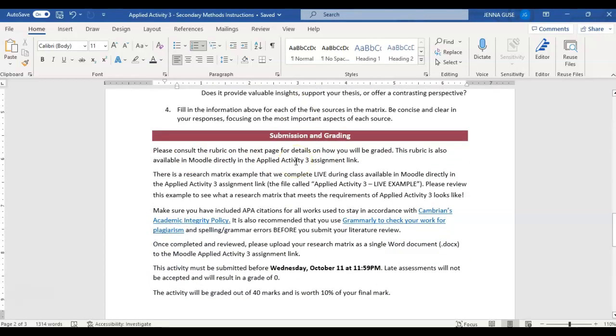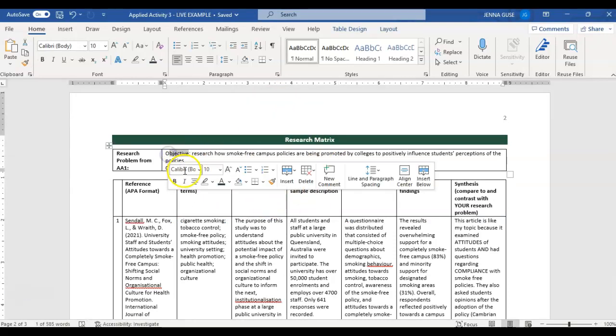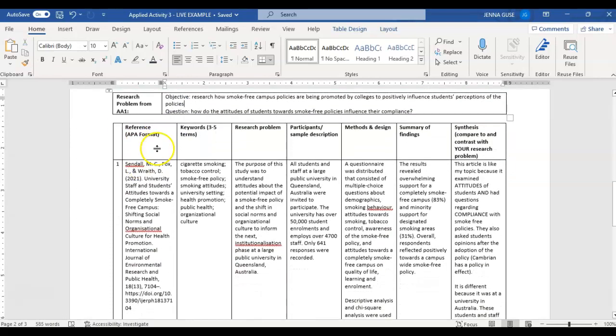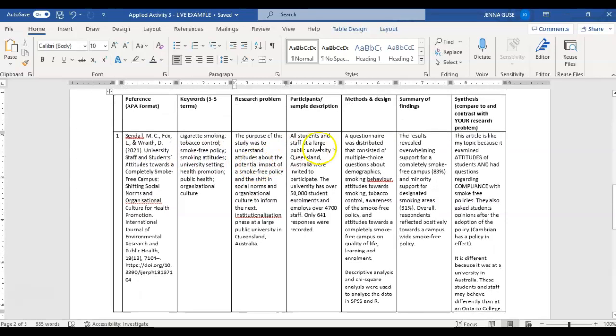There is a full rubric on how you'll be graded, but I also wanted to tell you that there is an example of how this should be completed as well. So we're going to complete this live example in class, but it's also available for you to check out the document at any time. This is the live example document that shows you how to insert your objective and question and then fill in all of the required components like your APA reference, keyword, research problem from the article,